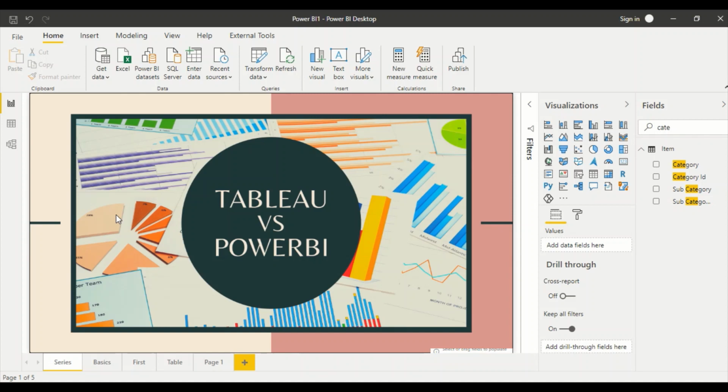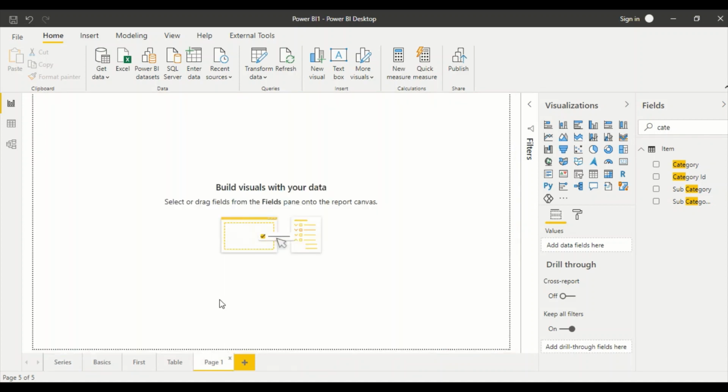Now what we are going to do is show you the same things step by step. We are going to repeat it here and there, and this time around we have to actually jump around. I would not be able to do something in Power BI continuously and then go ahead and do it in Tableau, because there are certain things which look different, and we'll try to match them in both the tools.